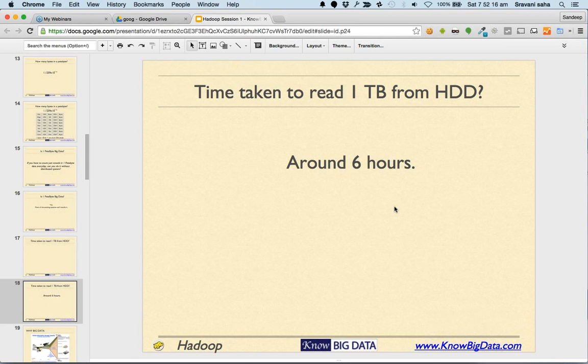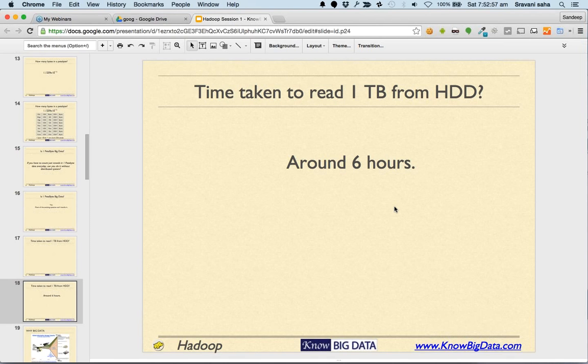In a best case scenario you will get around 6 hours. You can read 1 terabyte of data in 6 hours. Even if you are just reading the data and discarding it, it will still take 6 hours. No matter which processor you use, it will still take 6 hours to read 1 terabyte from a hard disk. Now, this is not good because 6 hours is